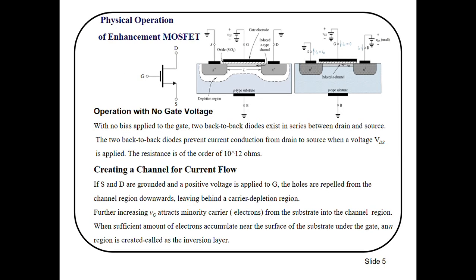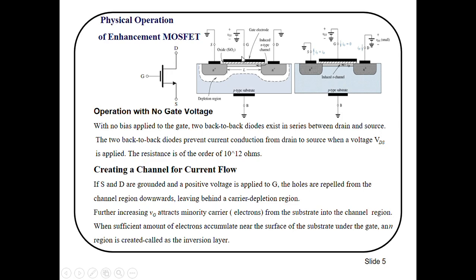Now let's discuss the physical operation of an enhancement type of MOSFET. In an enhancement type of MOSFET, we need to induce a channel first, and then the current flows between drain and source. Here you can see operation with no gate voltage. When there is no gate voltage, then obviously ID is equal to 0 and the device is in cutoff region. So when we start applying this gate voltage here,